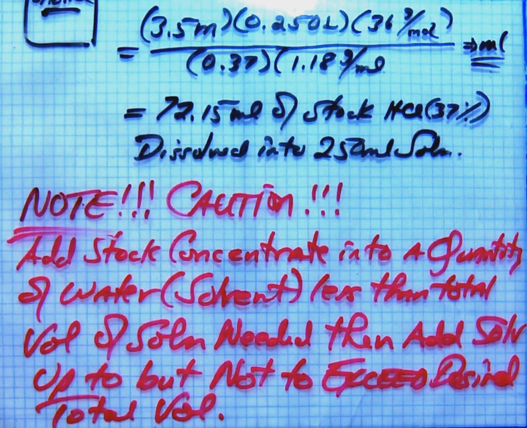So we know we're going to need to extract 72.15 milliliters, and I need 250 total. I'll probably get a beaker and put about 100 or so mils or better of water. Then pipette with an appropriate pipette. Of course, you have goggles, you've got your apron on, gloves, and the necessary protective gear. And transfer